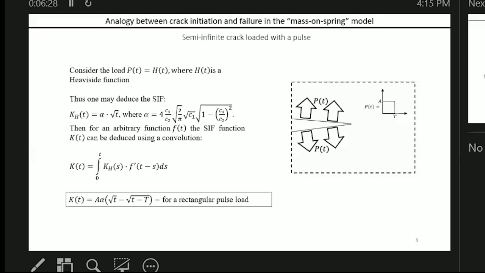But if we have the solution for the step function, we have all the solutions because we can use the convolution rule to find the solution for any functions. And in our case, we're interested in functions of this type, a rectangular pulse function. So the stress intensity will have this